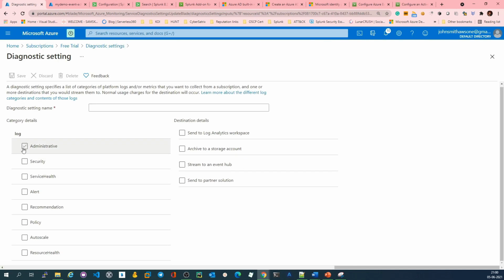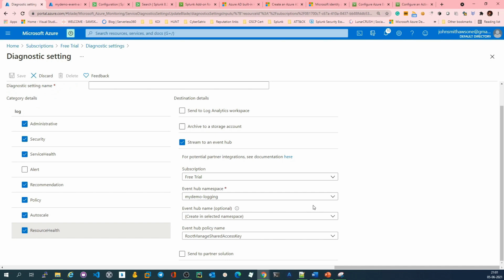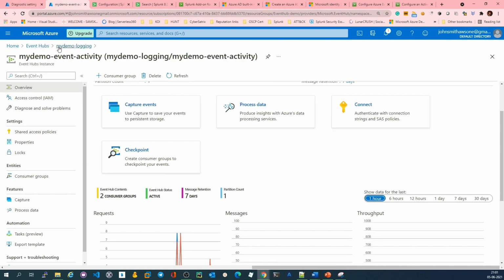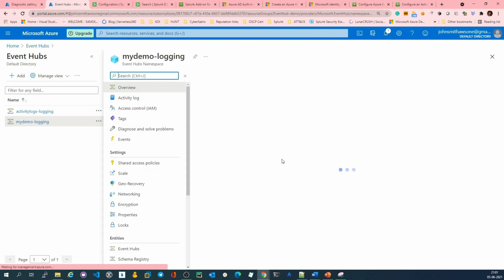In this, I would like to take all the diagnostic settings, and then I would like to send this to the event hub. What is my event hub here? My event hub namespace is my demo logging.